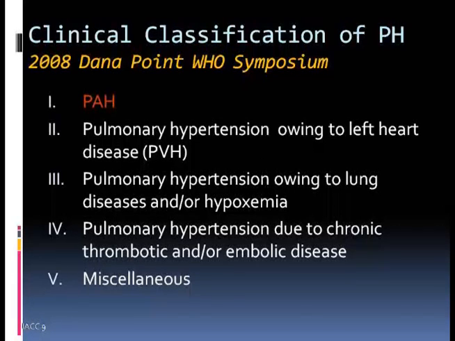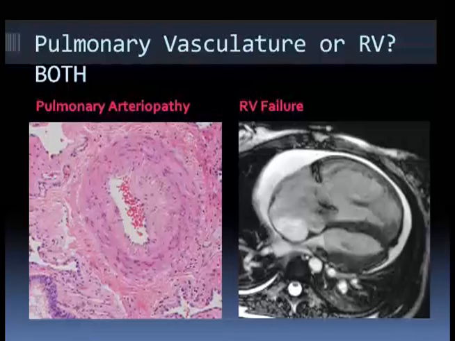So we don't call pulmonary hypertension anymore primary and secondary. We have 5 categories because the pathophysiology of this increase in the pulmonary pressure differs from one to the other category, and also treatment differs. And what we do have treatments for, we have studies and treatments for, it's PAH. This is pulmonary arterial hypertension.